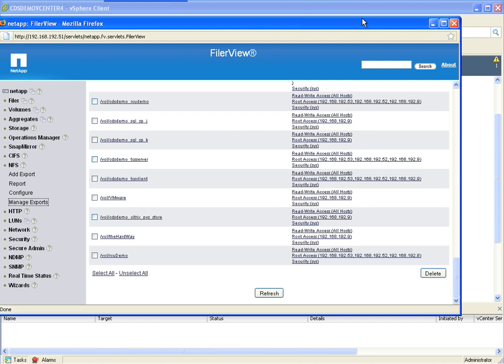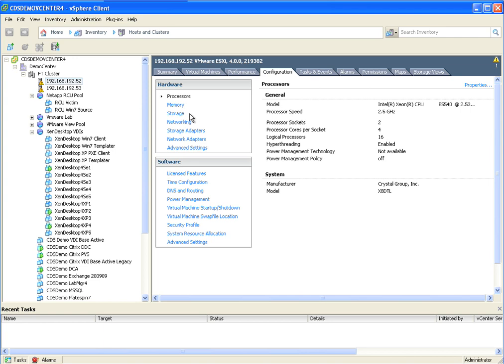Previously, before in a NetApp, you would need to provision a volume and then export the volume via NFS, for example. I call this the hard way. And you have to specify who can read and write and who has access to it and all that kind of stuff. And even after all that, then you have to make everybody realize where your storage is. So for example, if I had two physical ESX boxes, for example, with the IP addresses 52 and 53, I could go into configuration, into storage,